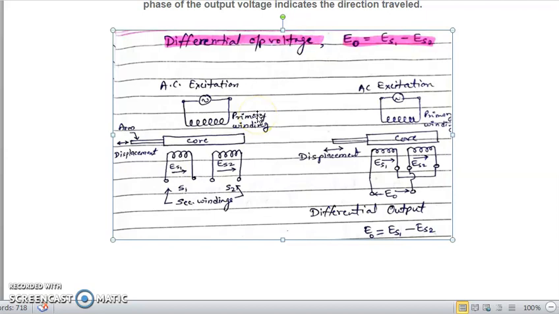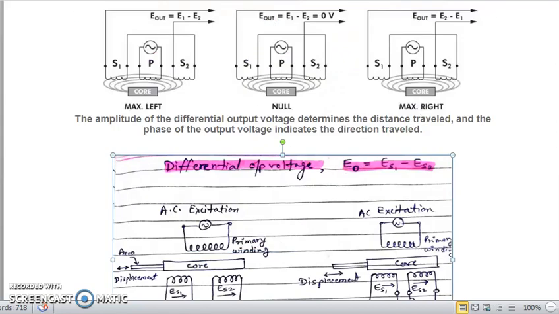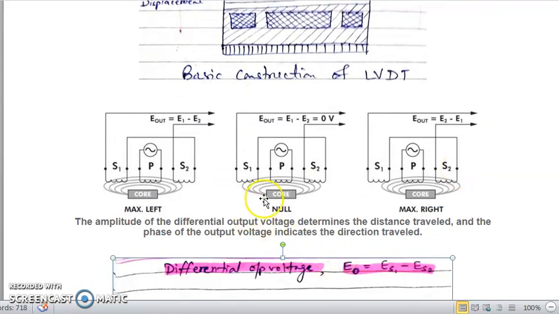It is also known as a linear variable displacement transducer, because it is a displacement measuring device. Linear means linear displacement is measured here, and it is also known as a linear variable differential transformer. Since its construction is that of a transformer, that's why it is called a transformer. And here it is giving the differential output, that's why it is called a differential transformer. So this was the general one, and this is the basic